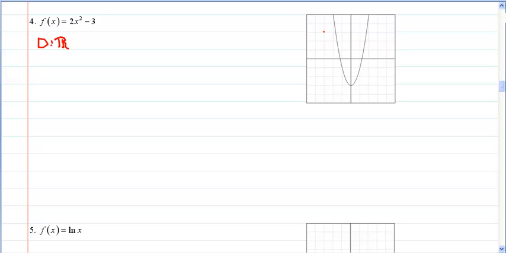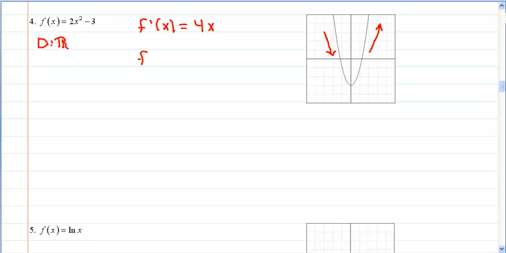And looking at the graph, we see that the left side of the y-axis is decreasing and the right side is increasing. So algebraically, it should confirm that this graph is not monotonic. We could also tell by the horizontal line test that it fails. So if we find f prime of x, it is equal to 4x,